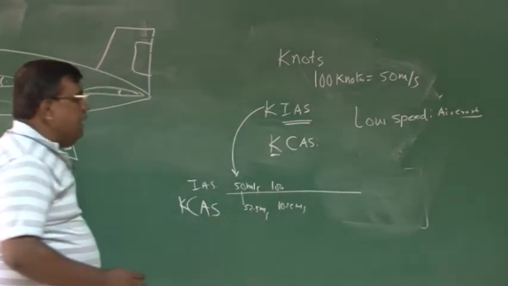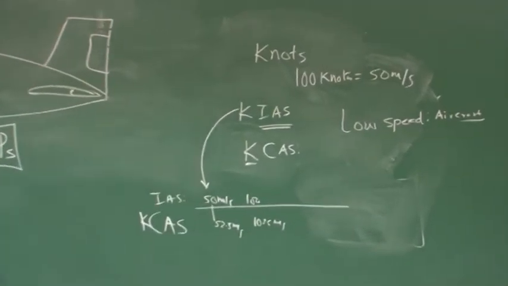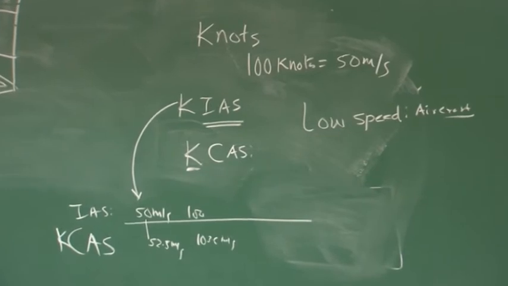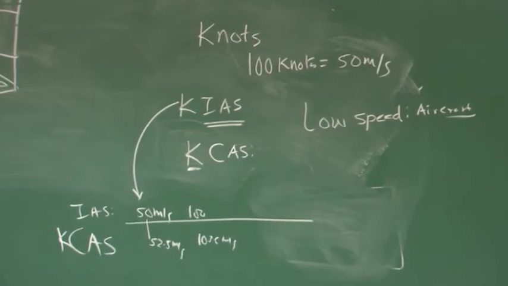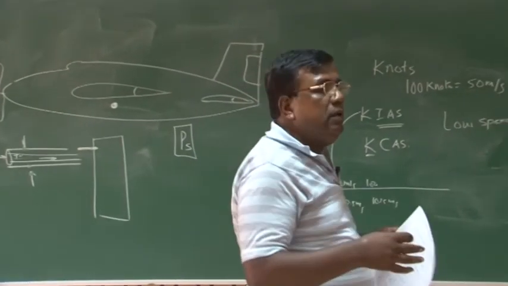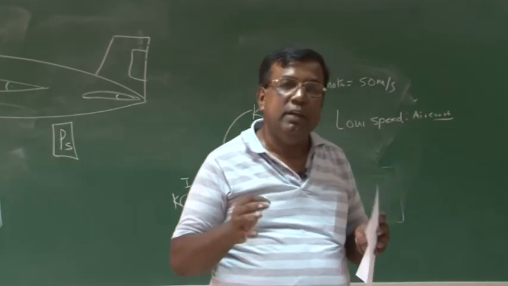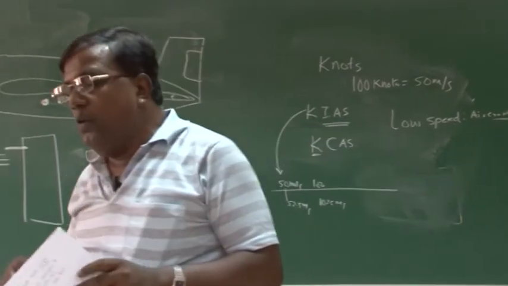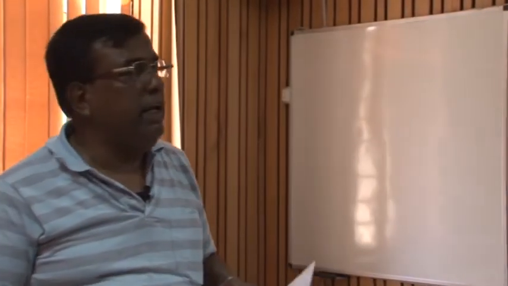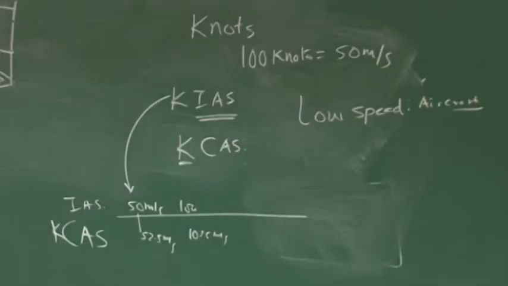So this calibration chart is available to the pilot to get an exact feel of what is the relative airspeed he is flying with. Please understand, these are not giving any true airspeed to the pilot, although if you are flying at low altitude, these two speeds are not much of a difference. Okay? But for flying the machine, almost all pilots will be using this KCS, calibrated airspeed, which is nothing but equivalent airspeed.